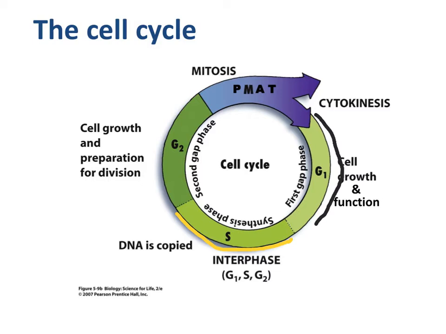And then finally, during gap phase 2, the cell grows, and it also copies all the mitochondria, all the ribosomes, all the machinery that it needs for the second cell. And it has to have enough energy to do that, and so it grows until that certain point, and once